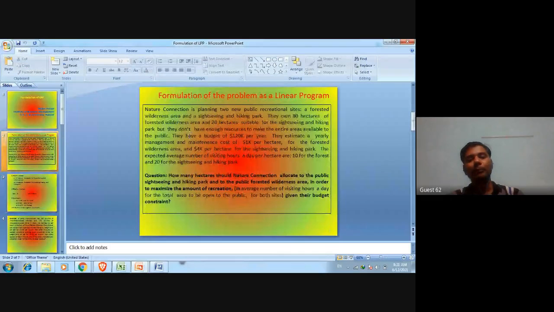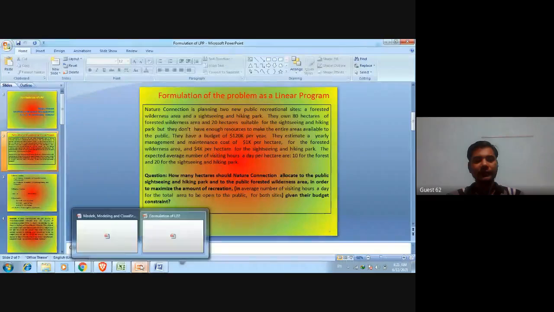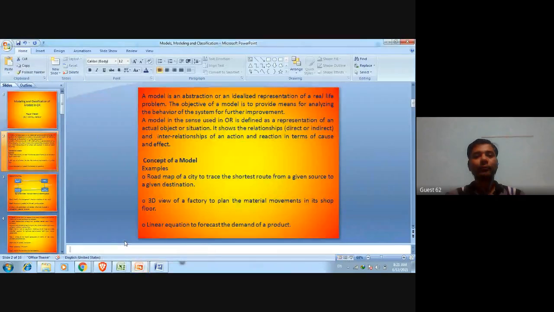We have a problem here. Let us first understand a model in the sense used in operations research. It is defined as a representation of an actual object or situation. It shows the relationships, either direct or indirect, and interrelationships of an action and reaction in terms of cause and